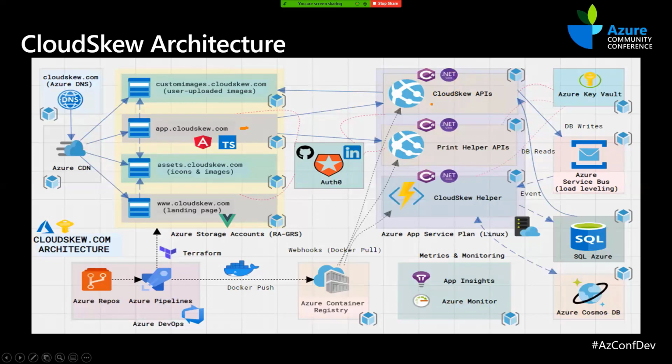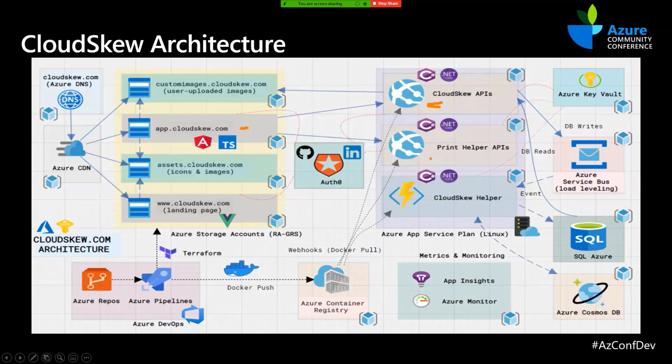On the backend side, we have two sets of APIs. The first one is called CloudSQ APIs. It's a simple CRUD over diagram templates and user profiles. It's very simple. Basically, it just supports get, put, post, delete operations on those three entities. Again, it's entirely authored in .NET Core 3.1 with Entity Framework Core as well.